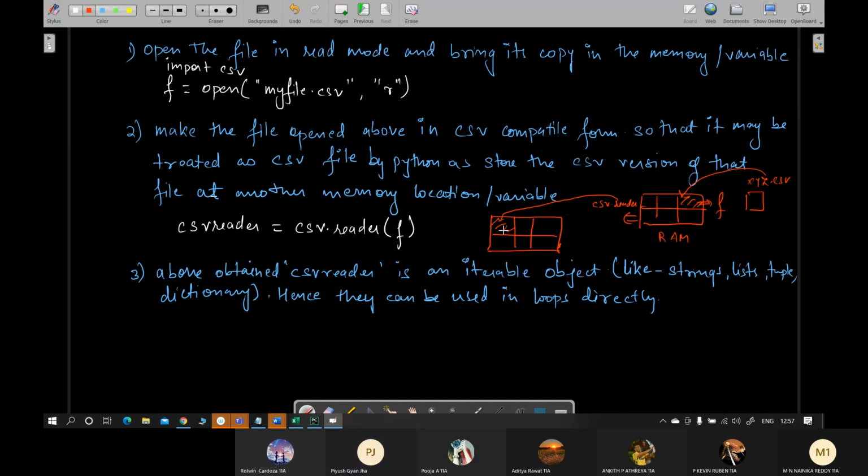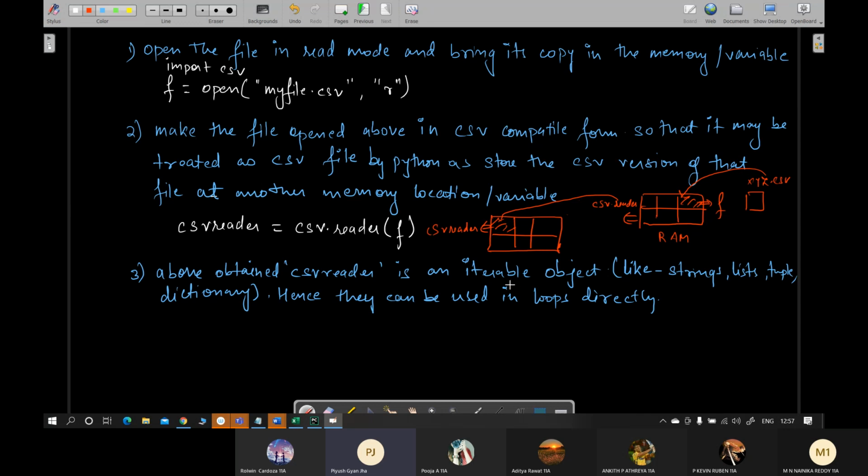Okay, which you will be calling as CSV reader. Yeah, any other name that you want. Upon application of CSV reader on the file that is opened as normal, it will give you a version which you can store in another memory location identified by this.